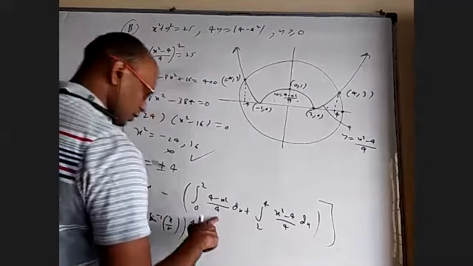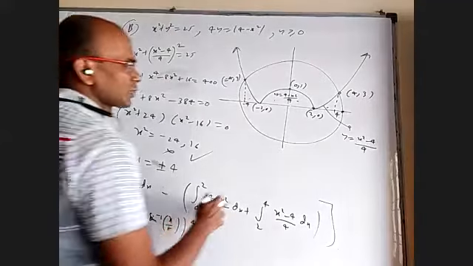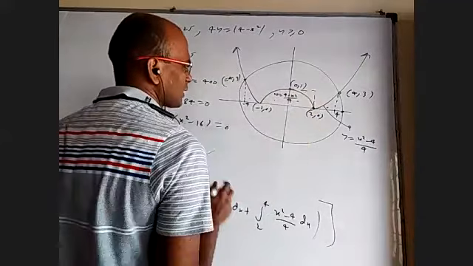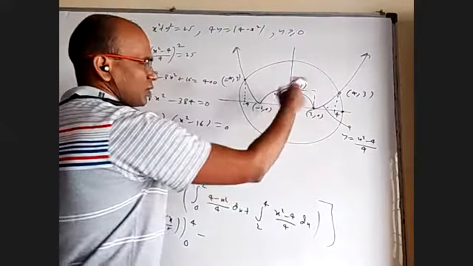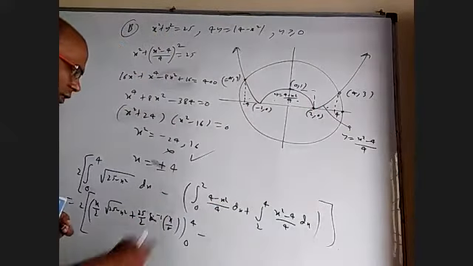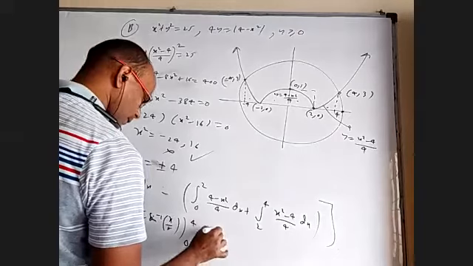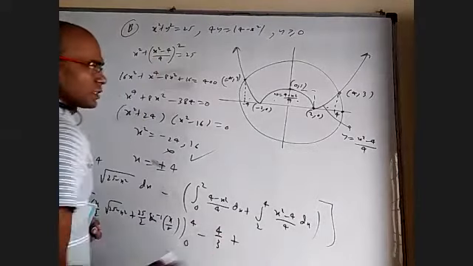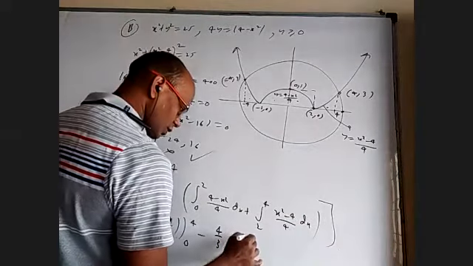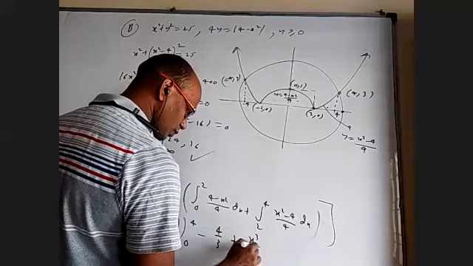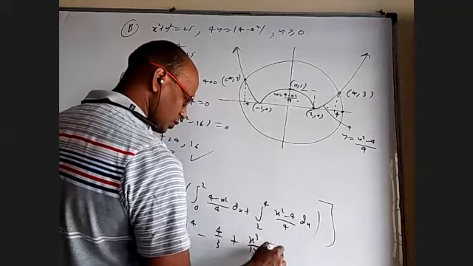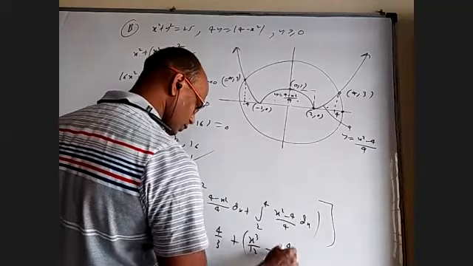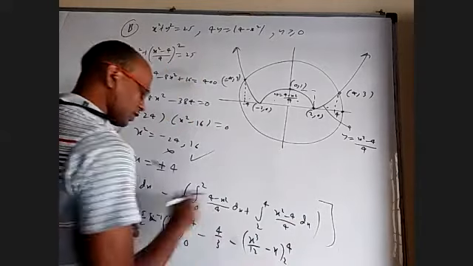What about this? This I can use directly because it is 2/3 of this rectangle. This is 2 and this is 1, so the area is 2, and 2/3 of that is 4 by 3. So this should come 4 by 3. This part we can't do like that, so I have to integrate x cube by 12 minus x from 2 to 4. This also is minus, because the minus belongs to both.